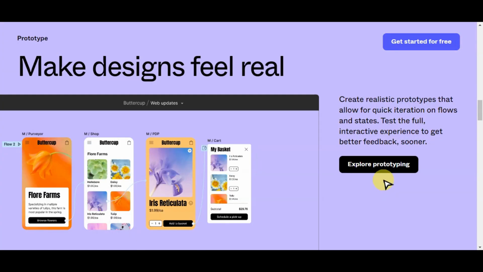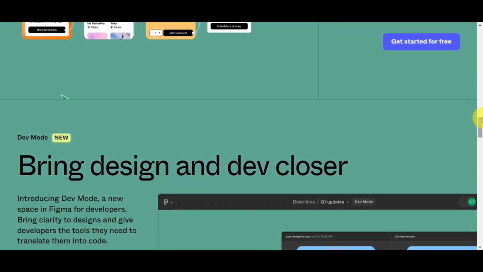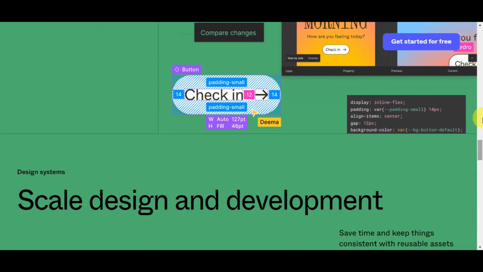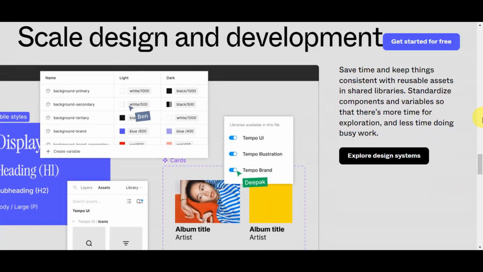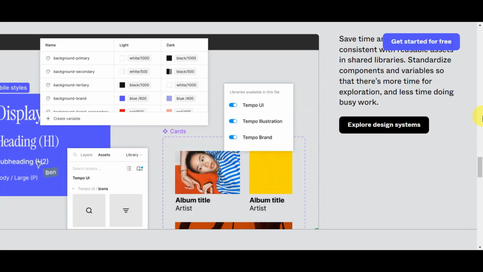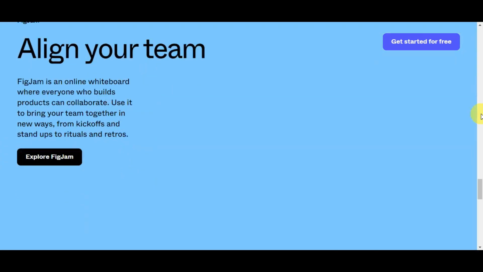And also, the reason why we're doing this tutorial is because creating 3D UIs in Figma allows designers to bring depth and realism to their design. Traditional 2D UIs are flat and lack the visual depth that makes objects appear three-dimensional. In today's world, 3D UIs make the user experience more engaging and intuitive, so they can help users better understand the spatial relationships between elements on the screen and create a more immersive and interactive feel. So using Figma to create 3D UIs is essential for designers looking to stay current and create more engaging